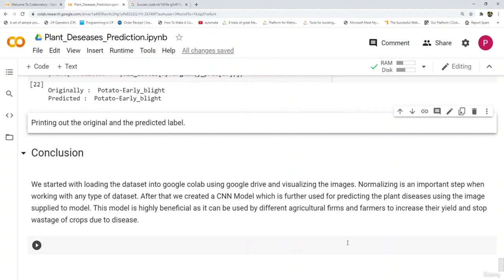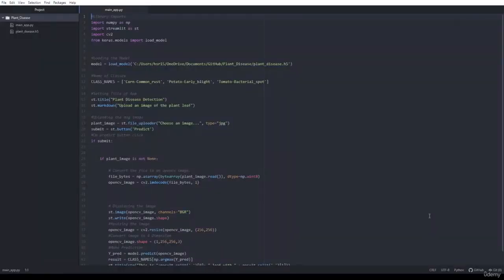This model is highly beneficial as it can be used by different agricultural firms and farmers to increase their yield and to stop the wastage of crops due to different diseases. Next, we will see how we can create a deep learning app of this using Streamlit. So let's move forward. Now we will see how we can create an application of our plant disease classification model. So here